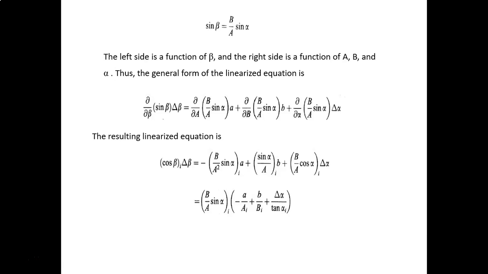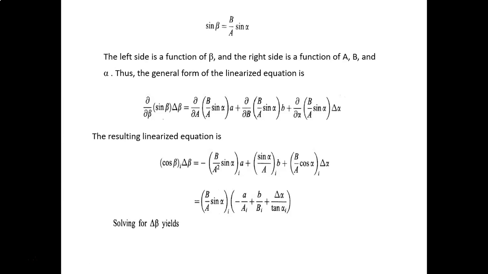Therefore what we will do, we will take B upon A sin alpha outside these three terms. Therefore, what will remain here is B upon A sin alpha at the reference point I into bracket minus small a upon A I plus small b upon B I plus delta alpha upon tan of alpha I. Therefore,